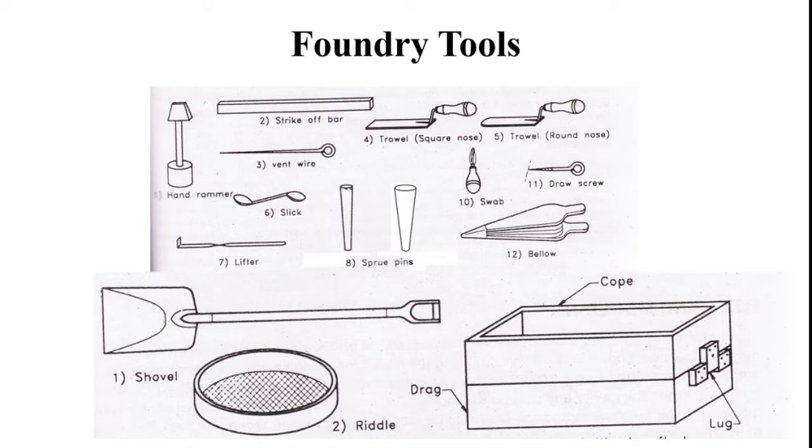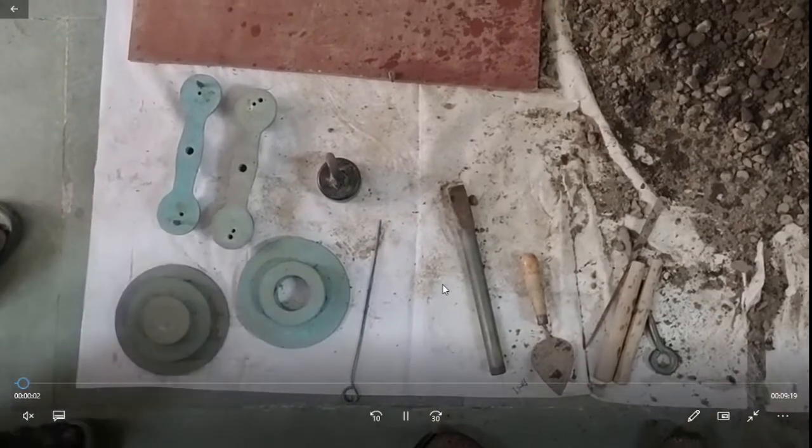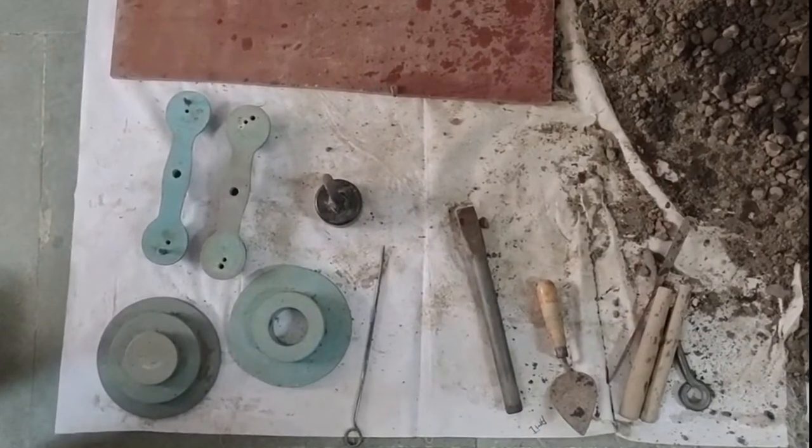The two boxes are combined with each other with lugs. So these are all the foundry tools we use for making a mold. Now we can see what are the procedures the foundry employees utilize in the foundry shop. Let's see. These are all the tools available with the molding